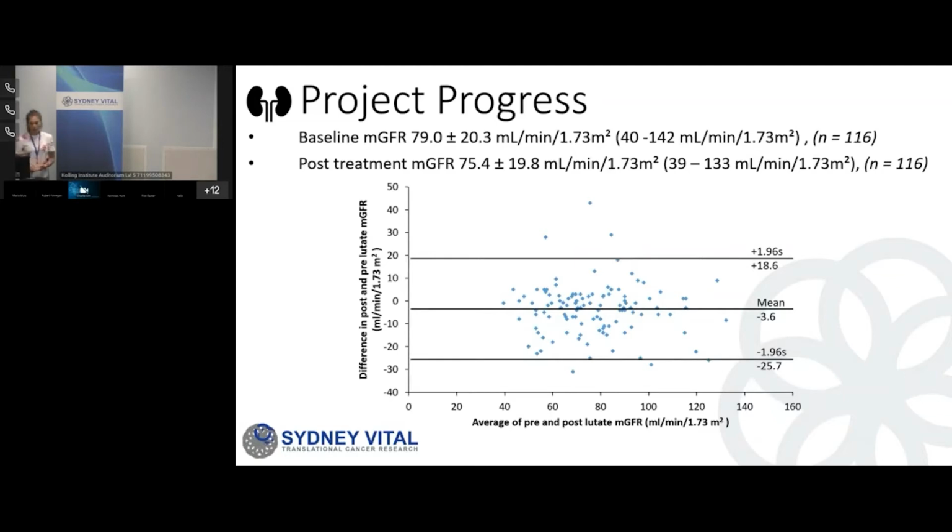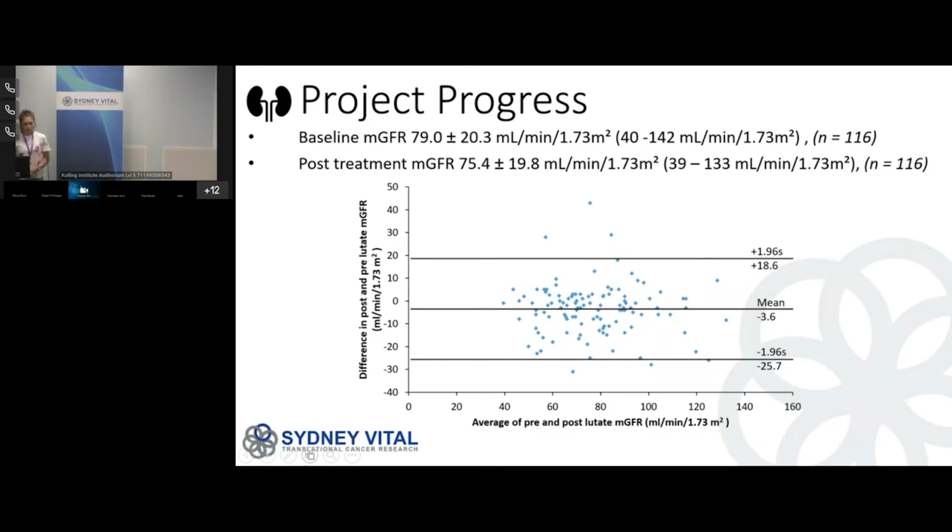So here, with our cohort, we found an average baseline of 70 mils per minute corrected to body surface area. This then dropped post-treatment to 75.4 mils. You can see here, this is a Bland-Altman plot where we plotted the difference between a patient's post and pre-renal function against the average of the two. We found that there was an average drop of 3.6, where clinically significant is defined as an average of 10%. So we did find that there were 39 patients that fell below the clinically significant decline, but this was only 3 months post-treatment. So you can see from this graph that the majority of our patients were reasonably stable, centered around